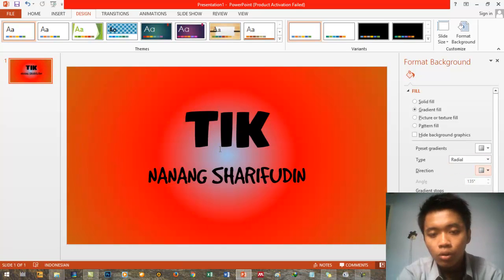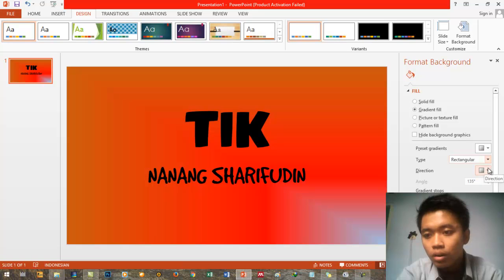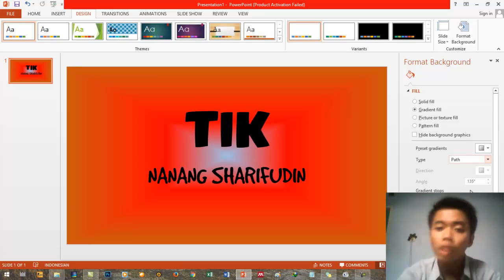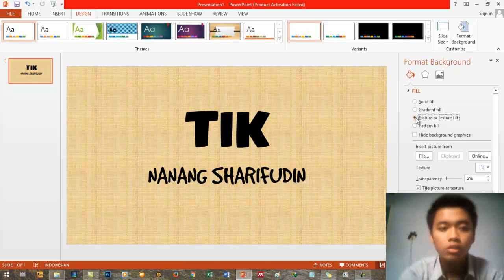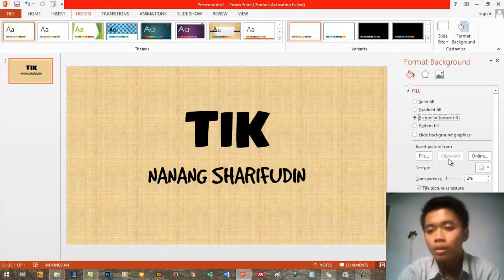Yep, like this. And we can also change to rectangular and path. It's based on our creativity in combining the style and also the color. That's for gradient fill.